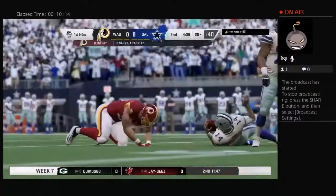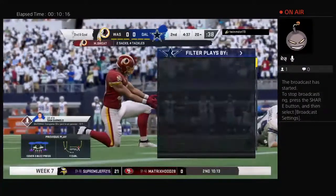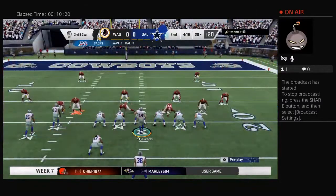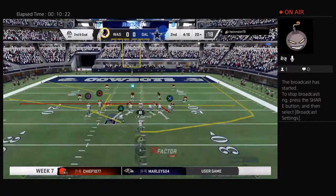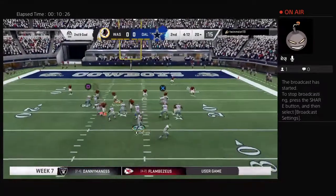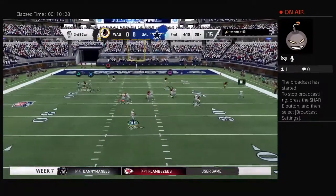Under pressure now, Darnold, and he goes down. Montez Sweat. What a season he continues to have. His 15th sack of the campaign. First down, a bit of a disaster, and now on 2nd and goal, back even further. Darnold